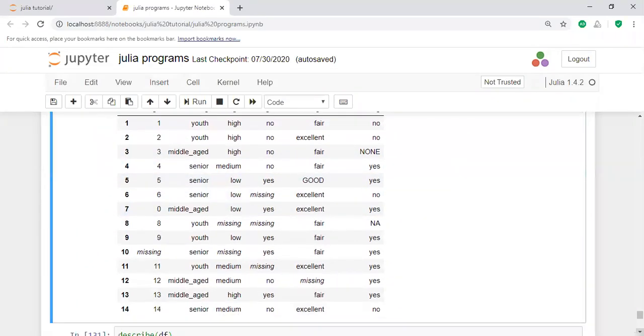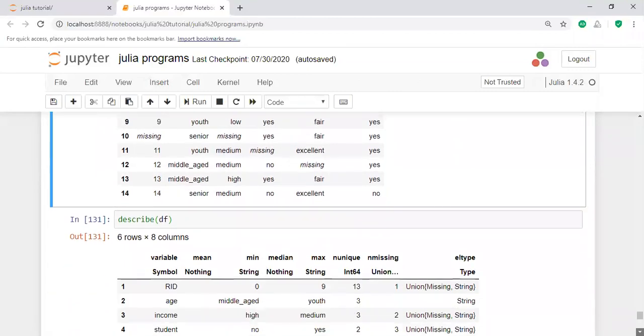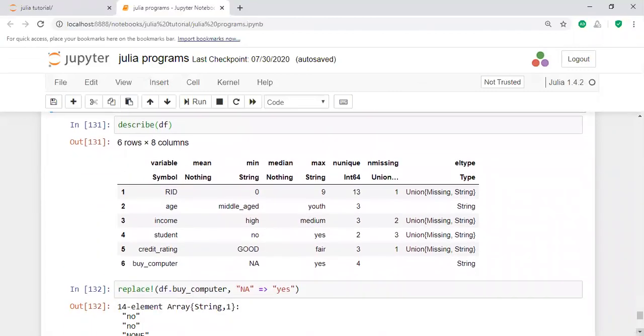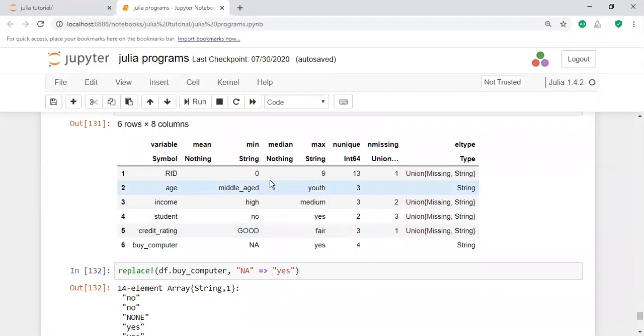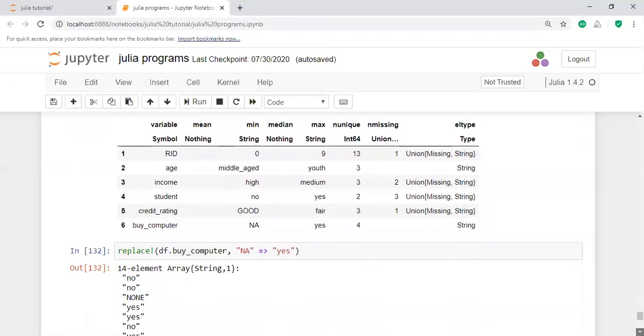Coming to the second thing, df describe. Describe the df here. What are the elements here? The first row is all NA, but as there are some missing values, you will get it later. After that, you have some information. For example, the last column consists of NA. Again, replace that particular value NA. I'm going to replace that value.